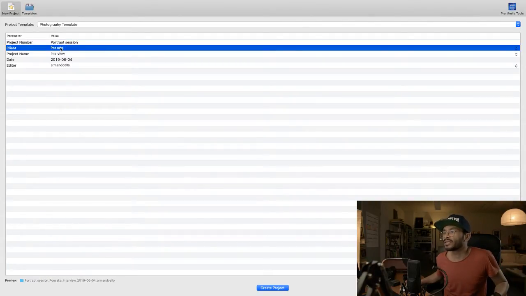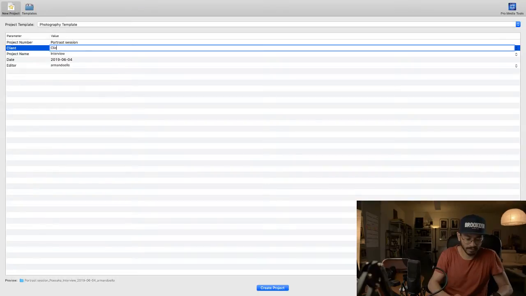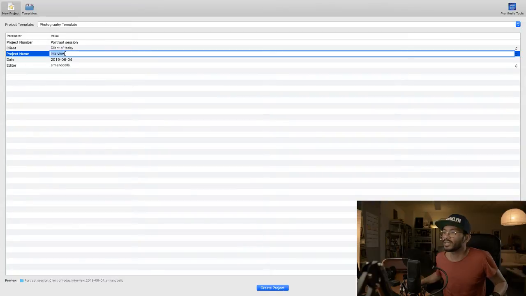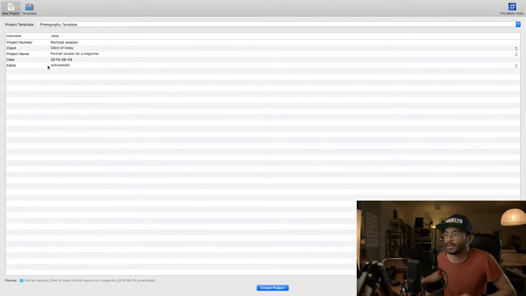The client is called client of today. You can put in here the name of the client, of course, and the project name is a portrait session for a magazine, for example. It's just an example. The date is today, the editor is me. I can create the project